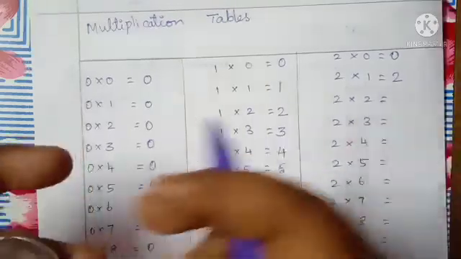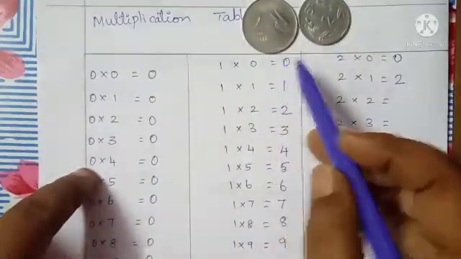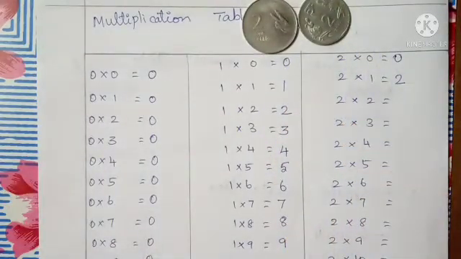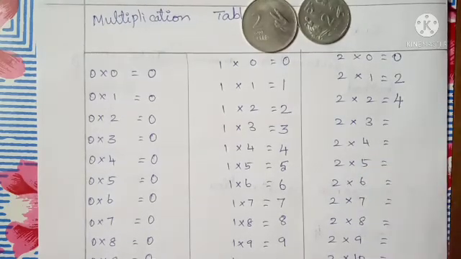Then next, 2 is taken 2 times: 2, 2. So 2 plus 2, what is the answer? Yes, 2 in the mind, 2 on the fingers, after 2: 3, 4. So you do 2 skip counting here. Multiplication is doing repeated addition. 2 is written 2 times, then you get 4.